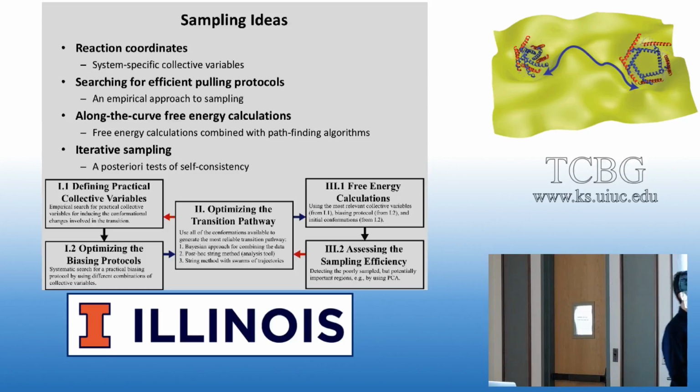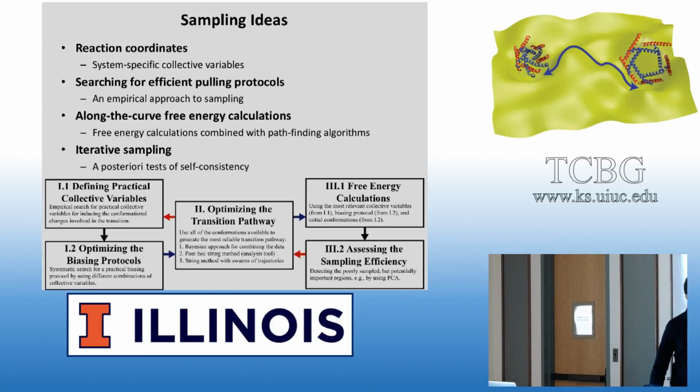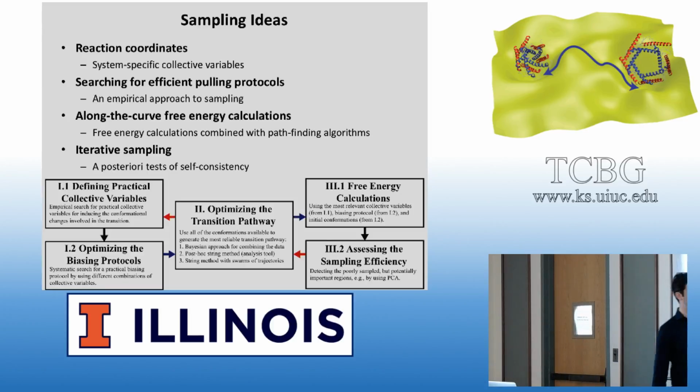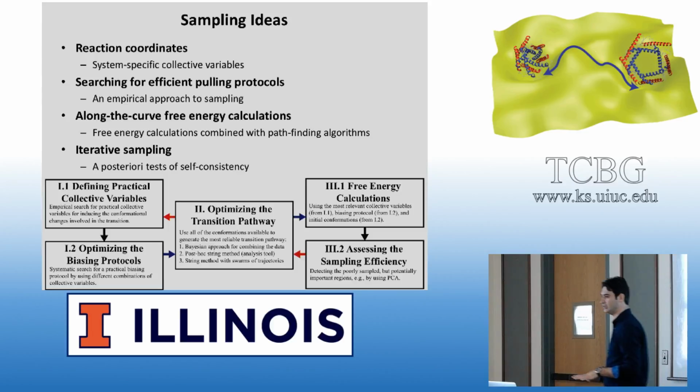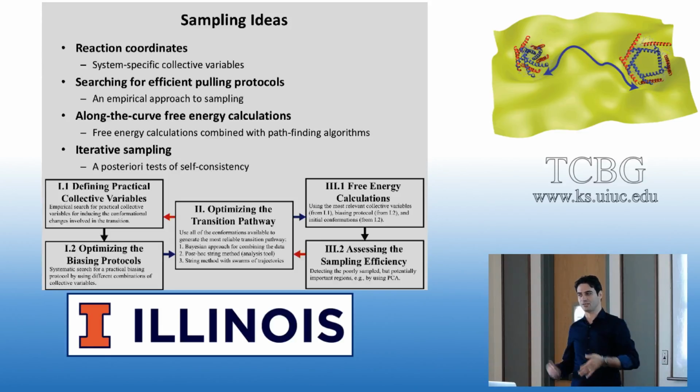Many other methods are based on collective variables that you have. One particular type of free energy calculation that goes very well with the string method with swarms of trajectories is the simplest one, umbrella sampling. Umbrella sampling, especially if you combine it with replica exchange, which I call bias exchange umbrella sampling, allows you to take the pathway that you generated with the string method and use the exact same images of the string